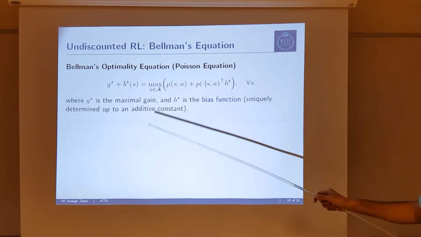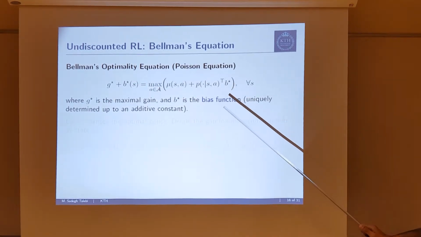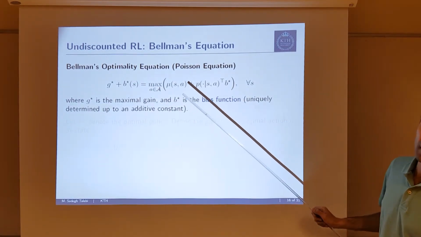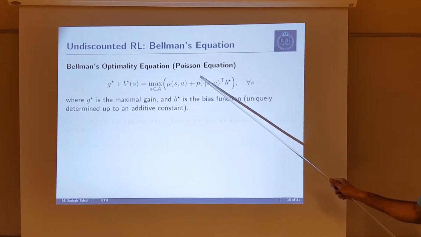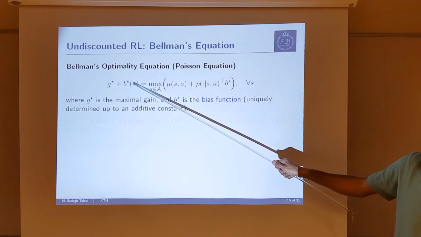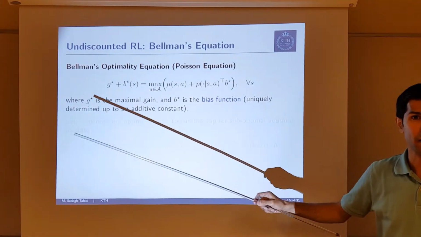This offset is denoted by B star, and it's called the bias function. If it was discounted, there would be a discount factor gamma here, and this B star would be 0. But if it's not a discounted MDP,